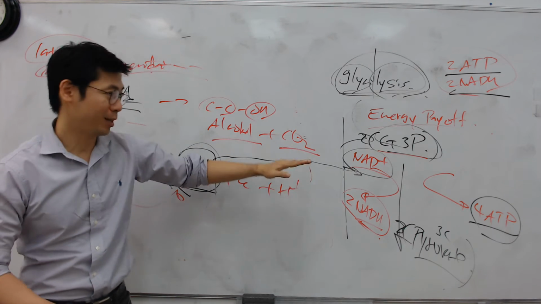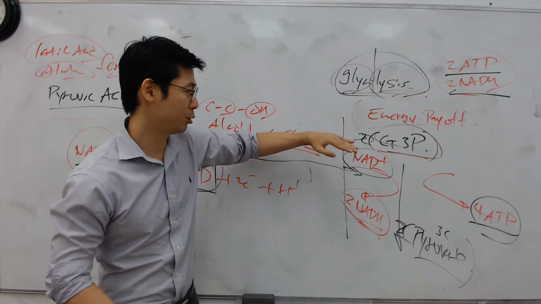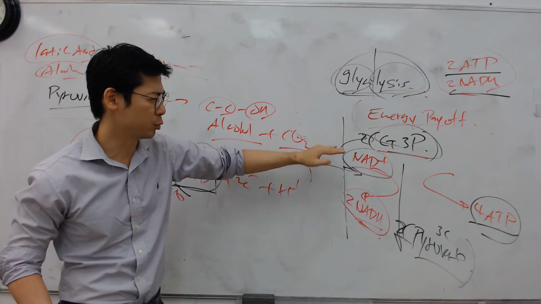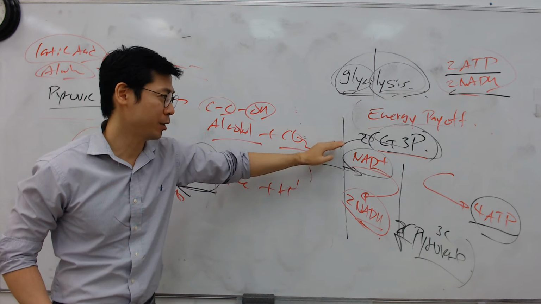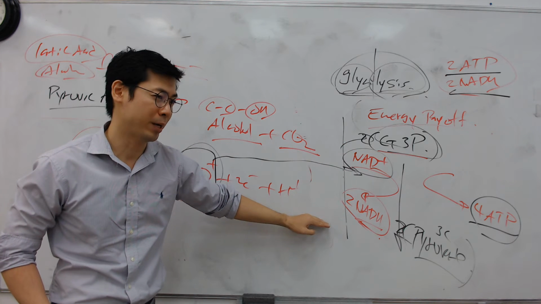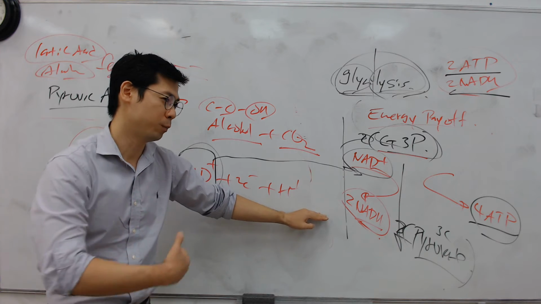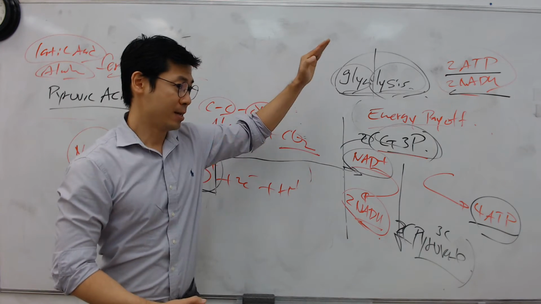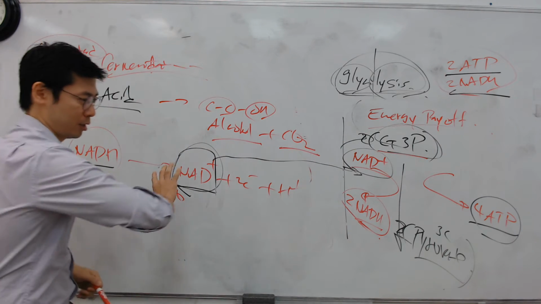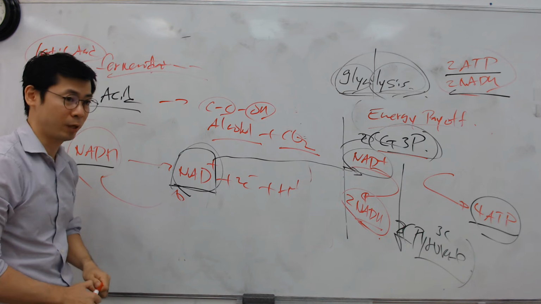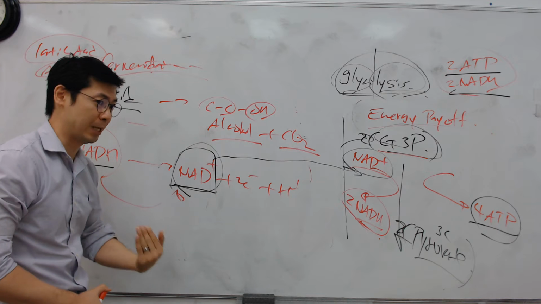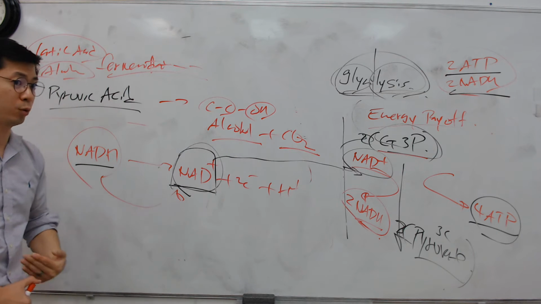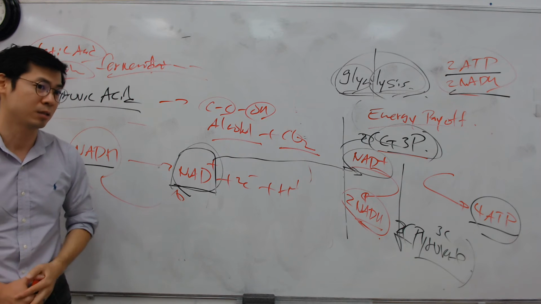Then they go into the energy payoff, where G3P turns into phosphoglycerate, like biphosphoglycerate, and then phosphoenolpyruvate, which turns to pyruvate. So if you ask me what the heck is the biphosphofructose, my answer is it's a step. It's something that was produced in the steps of glycolysis, which you can call an intermediate of glycolysis. That's what it is.